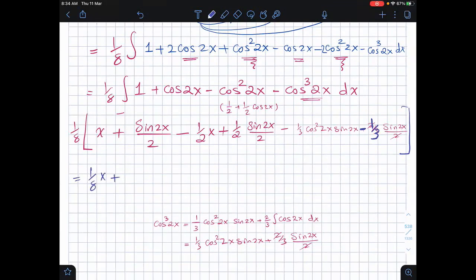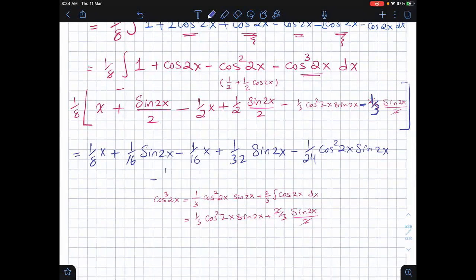1 over 8x plus 1 over 16 sine 2x, and then minus 1 over 16x, and then plus 1 over 32 sine 2x, and then minus 1 over 24 cosine squared 2x sine 2x, and then minus 1 over 24 sine 2x. That's the c. And this part here,